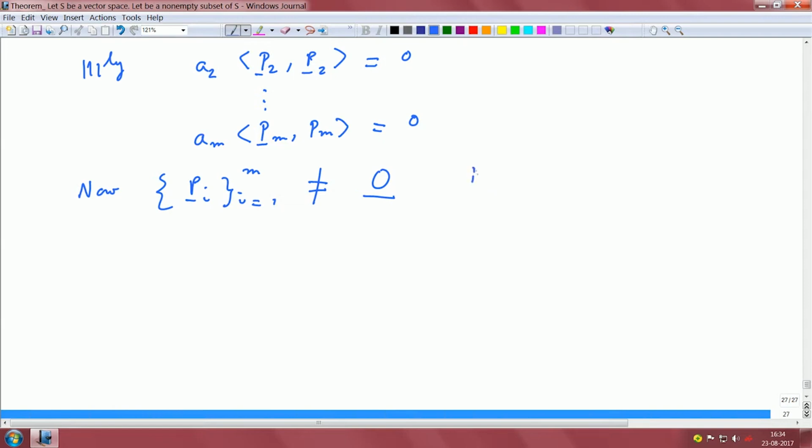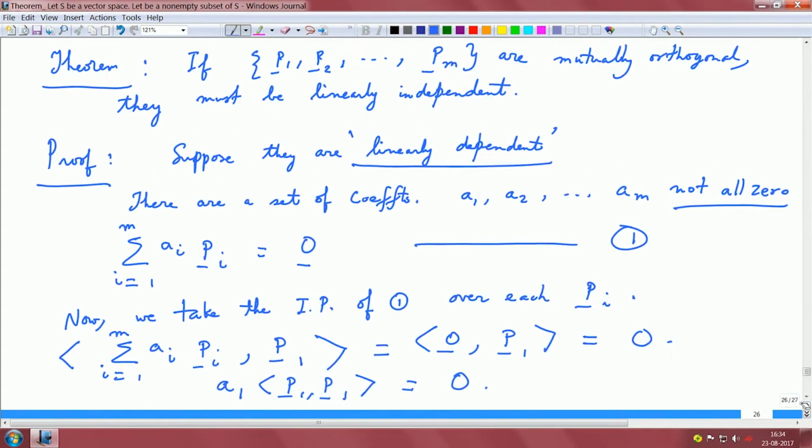That is, each of these Pi's, i equals 1 to m, are non-zero, which means now we have derived this set of equations, A1 with inner product of P1 with itself is 0,